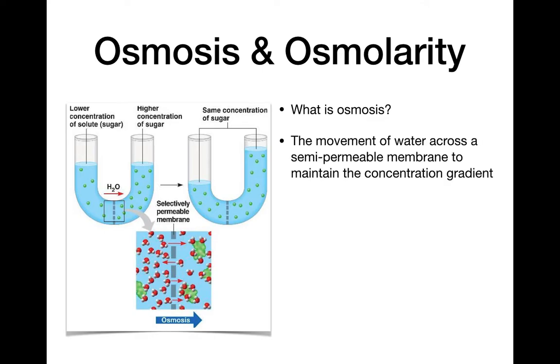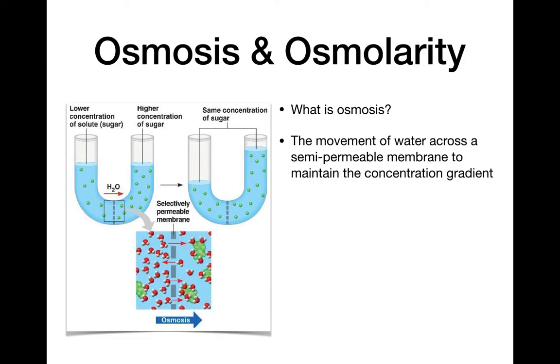Osmosis is movement of water across a semi-permeable membrane. And this is in response to trying to maintain the concentration gradient. So you see what's happening here is we have the molecules of solute, let's say sugar, on each side of this tube. It's higher concentration on this side. And if for some reason the sugar cannot move, the water will move instead. So water will move to this side of the tube to try and make the equal concentration between water and sugar on both sides of the membrane. That's your membrane here. See water molecules moving across because the sugars are too big to fit the membrane. This is what you're going to be working on